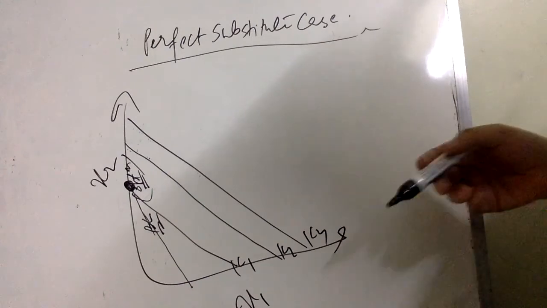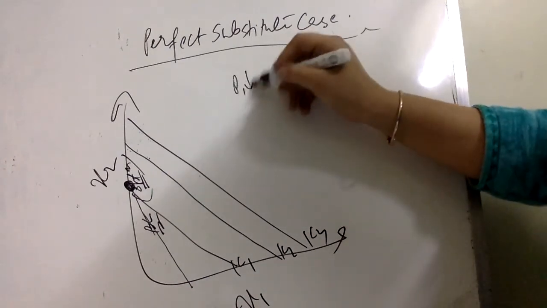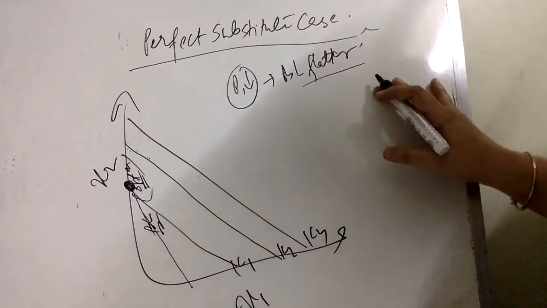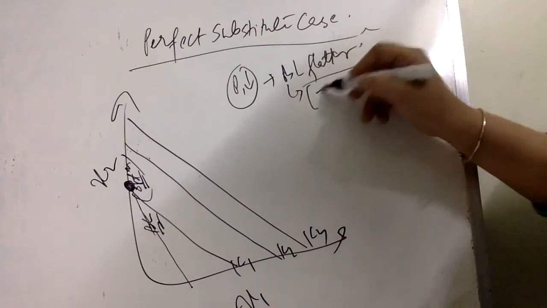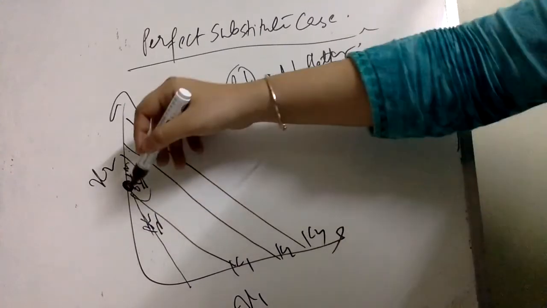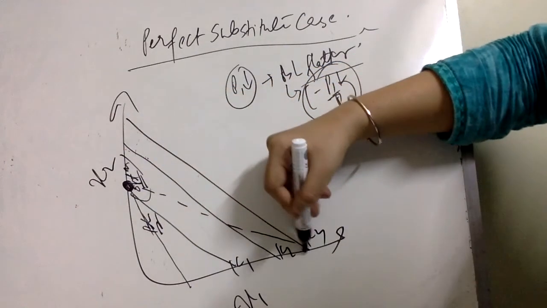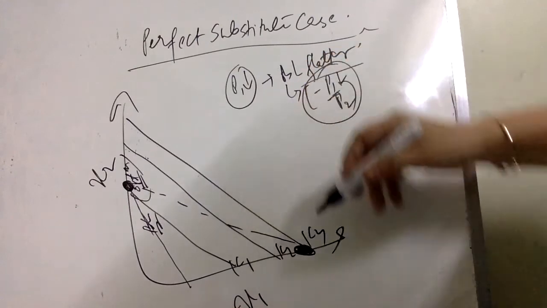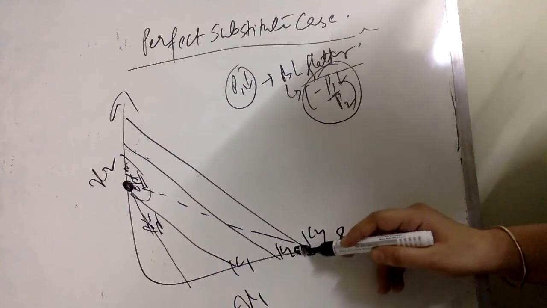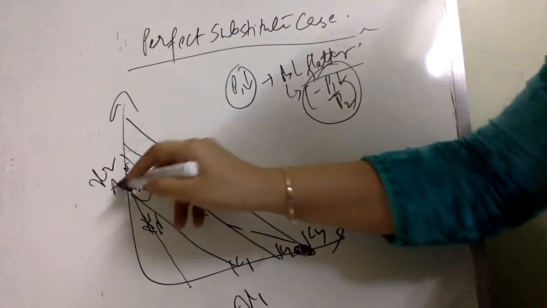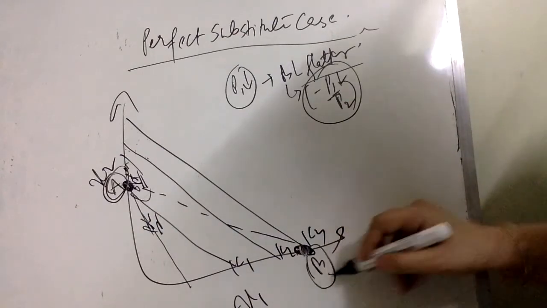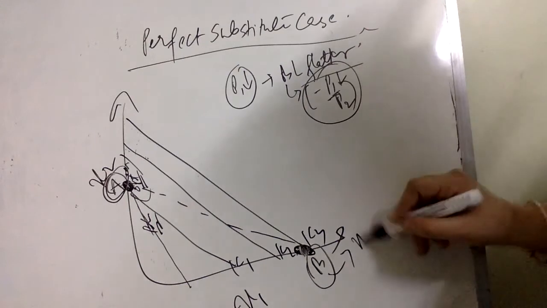Now with respect to a fall in price, if P1 falls, the budget line becomes flatter. Why? Because I've explained already, the budget line slope is minus P1 by P2. If this falls, it becomes flatter. So suppose this is my new budget line and it's touching my new IC at the point of optimality here. So this was my original budget line, optimum point A, and point B denotes my new optimum point.